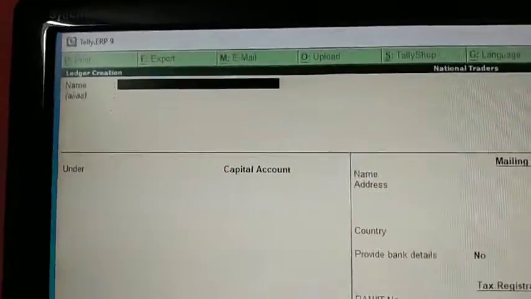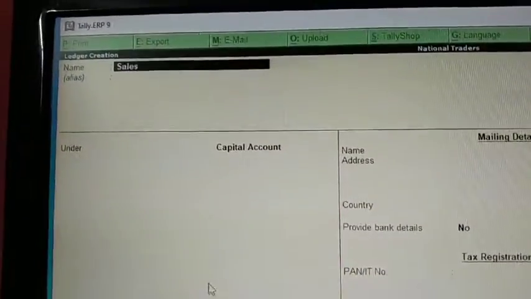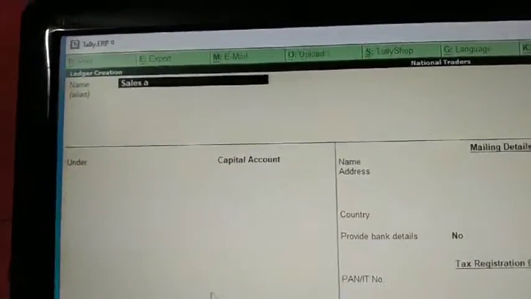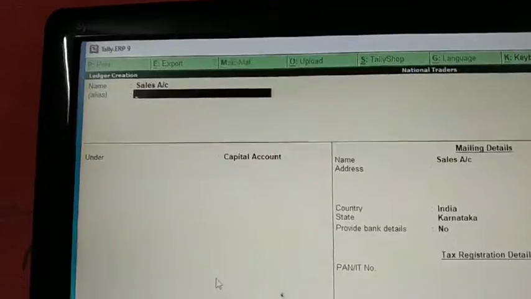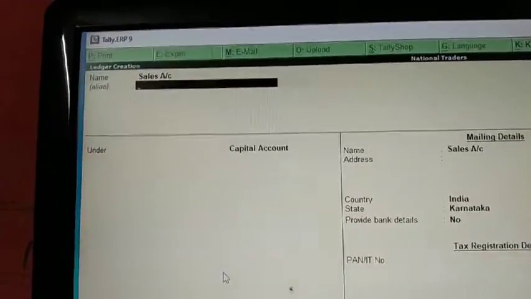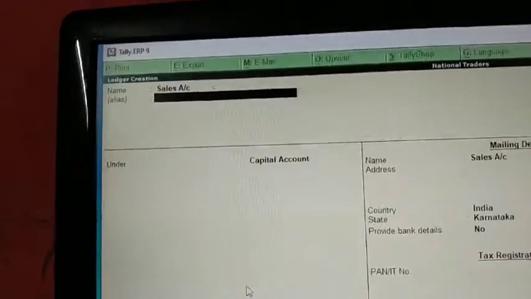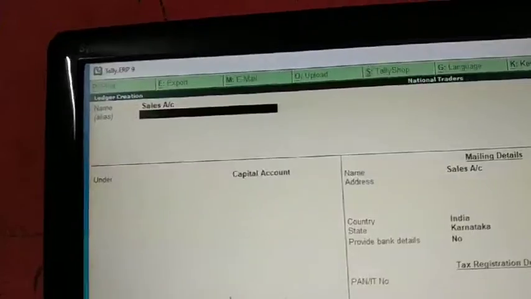What name you have to give for a ledger, for example, sales account. So there will be an alias. You can give any shortcut or code for alias, or else you can leave it blank, and it will go under here.